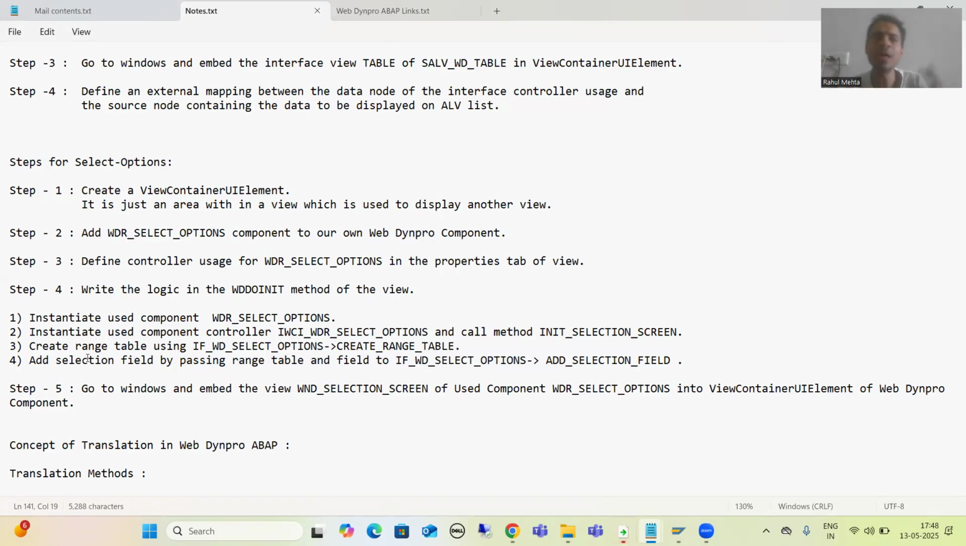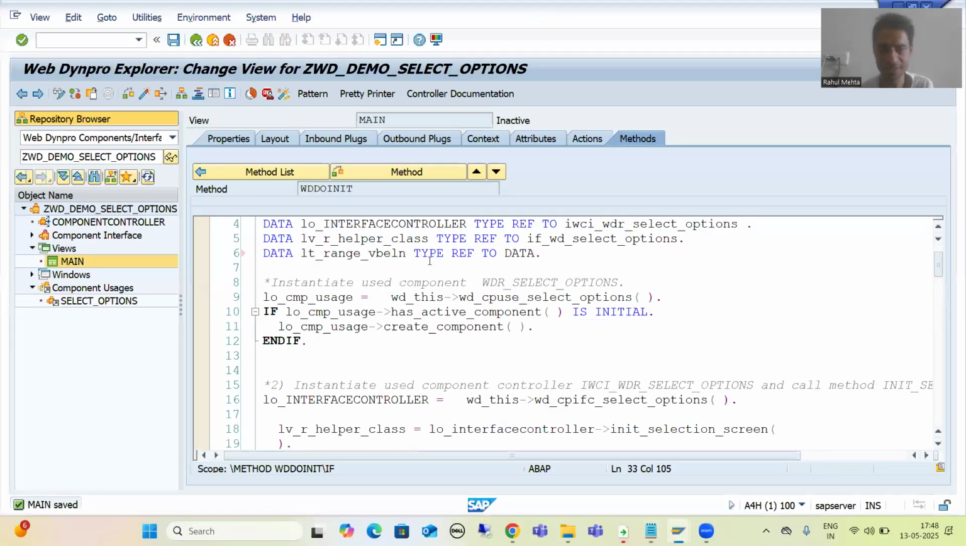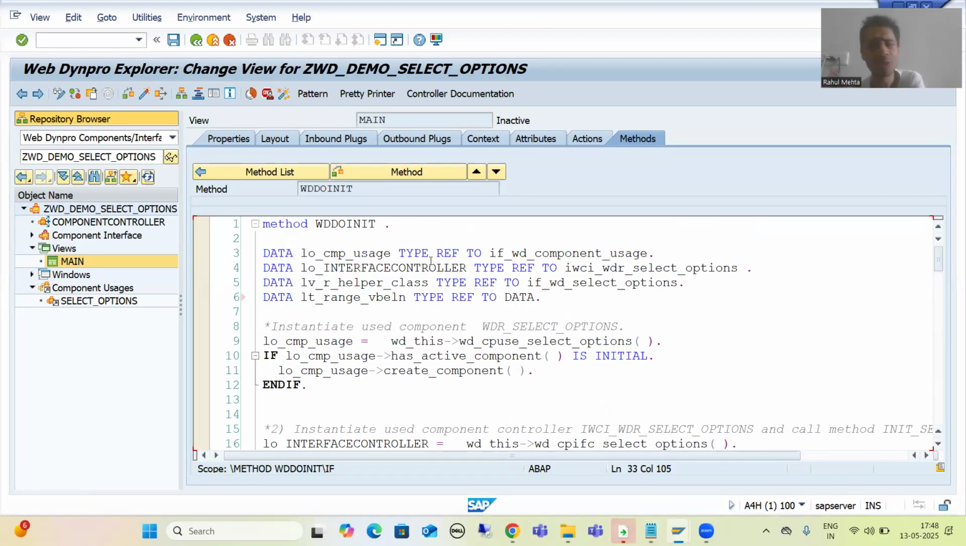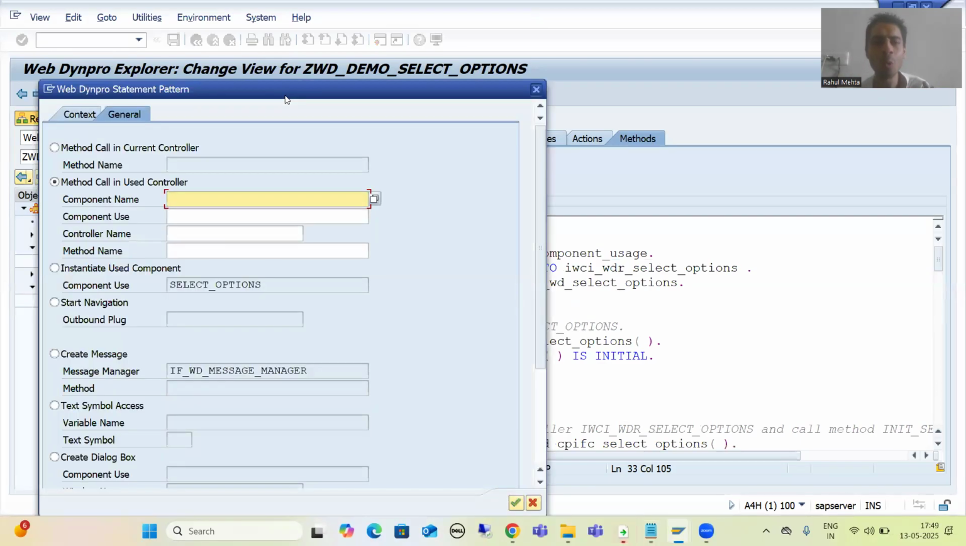Why have we written the code there? Because this method is called before displaying the view. So our select option logic will trigger and our select option will display on the view. So firstly, we instantiated the used component. To instantiate the used component, there is no need to manually write the code. Just go for the Dynpro code wizard button and choose the third radio button. Then I showed you why I added the component usage at the view level, so that we can instantiate